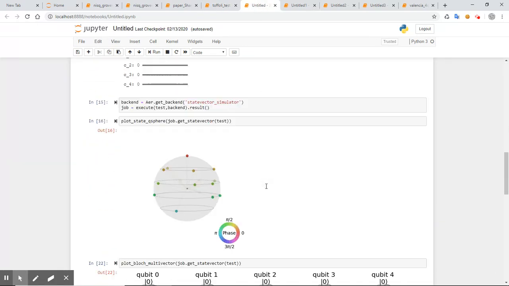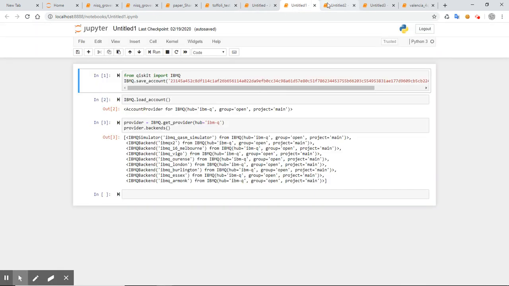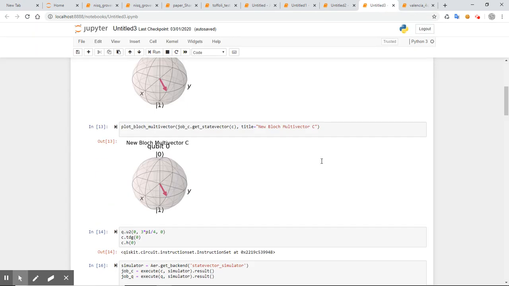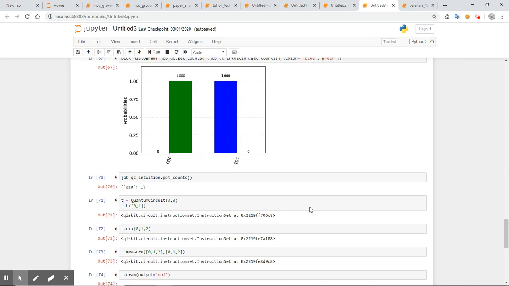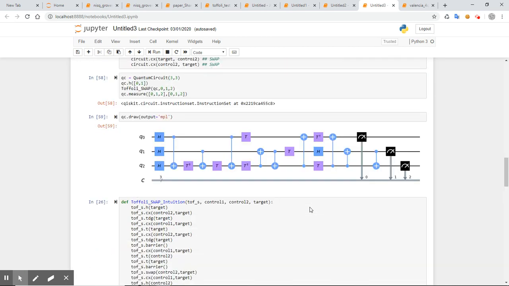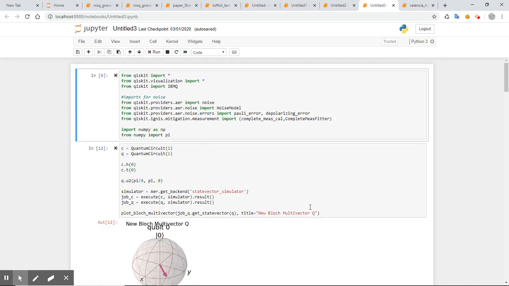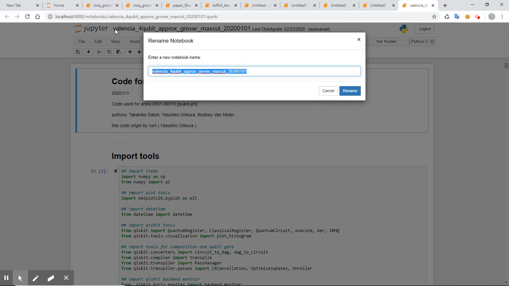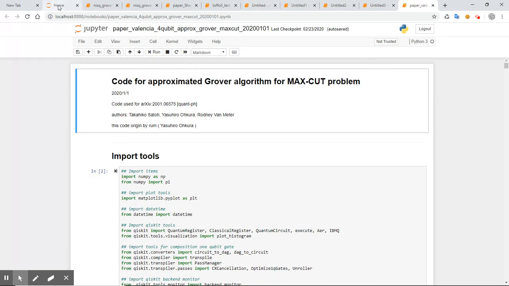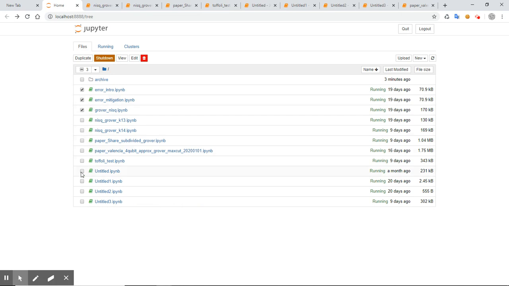And all this bunch of untitled stuff, I think this was early tests. Oops, I think I just showed my key. Okay, so these, what is this? This is another Toffoli thing, right? Yeah. And this is also the paper one. Okay, so good. Now that we have that clear, I'm gonna take all these untitled and